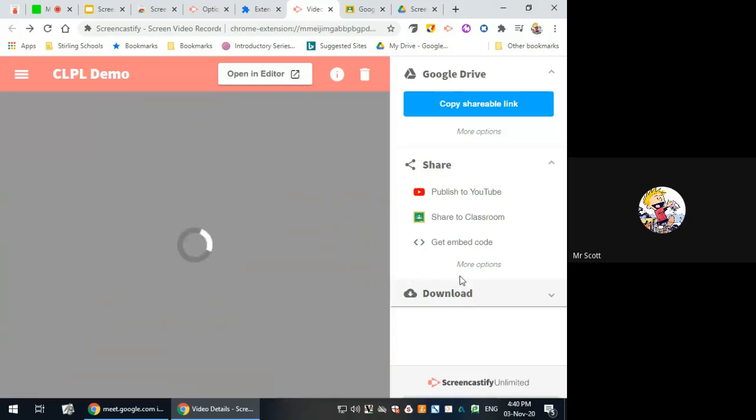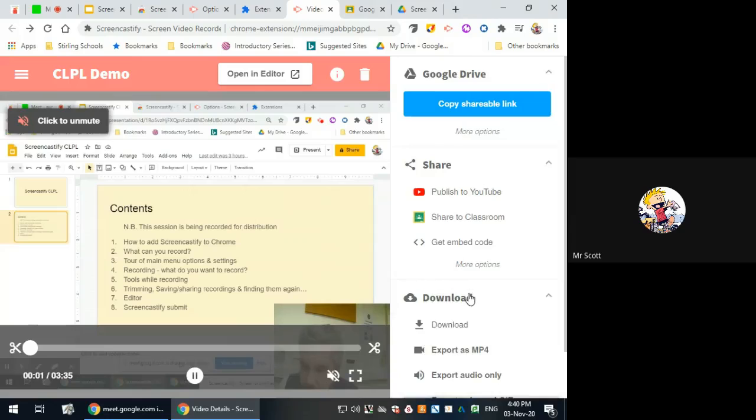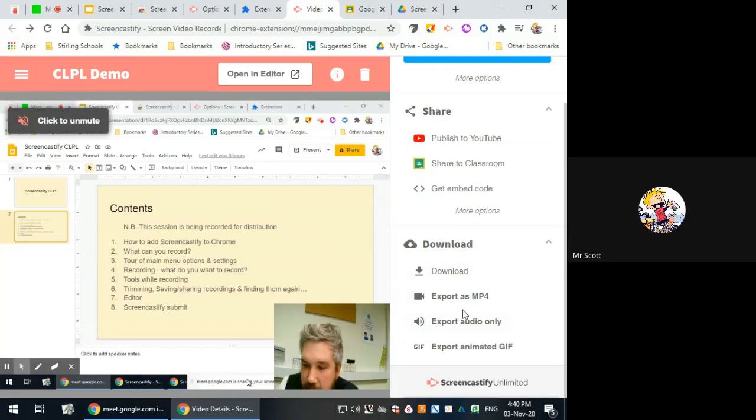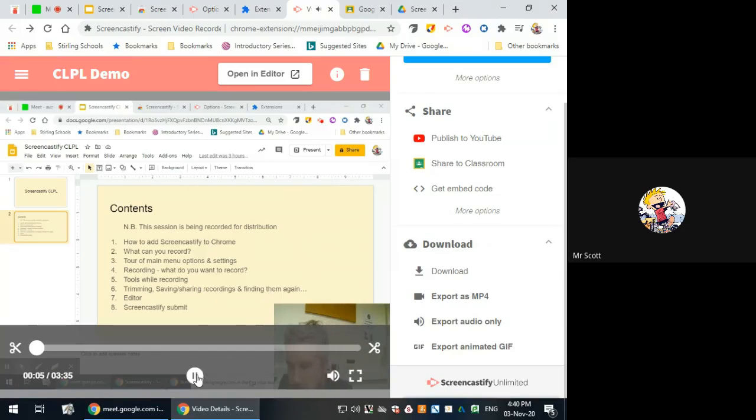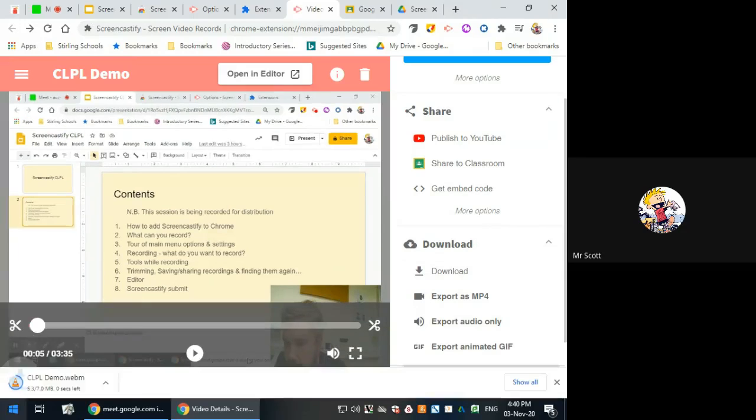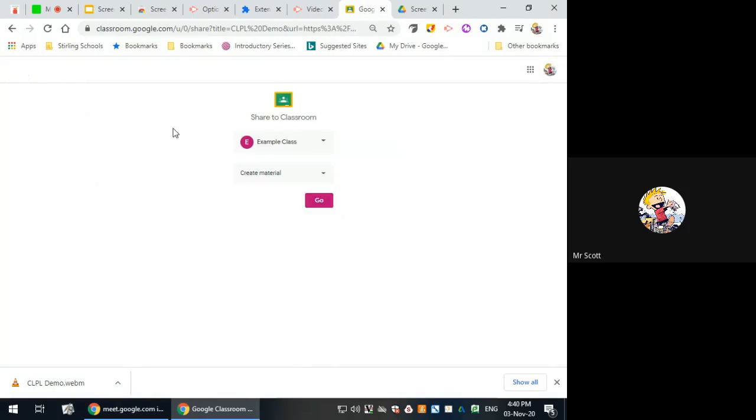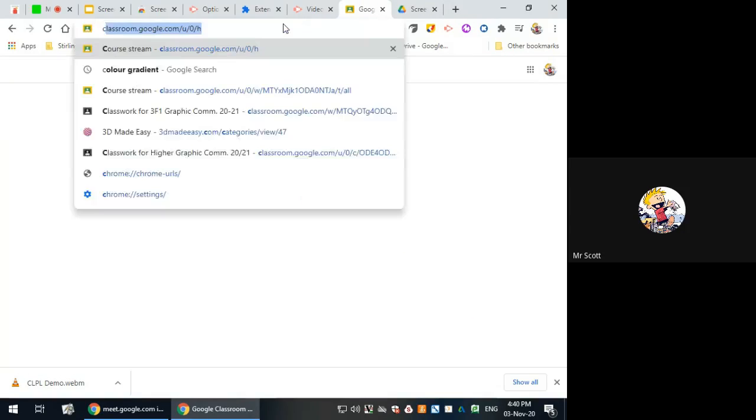Your other option slightly further down is to go to download. There are different ways you can download the video. Just pause that. I just hit download as the first option. I think it comes up as a WebM file, which is generally pretty compatible with anything. You see that it's downloaded to my wee tray down here of my downloads. So if I went to Classroom,